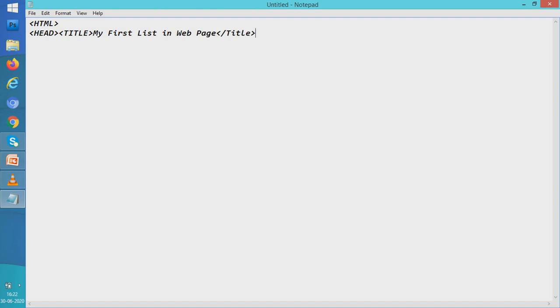And this is the title. We know it comes in the title bar, and then what we'll do, we'll actually close the head part. You all know this. Now we'll go to body part. Let us make the color of the body as blue. Okay. And we will make the color of the text, say, white. We can do these things, you all know. And we close it. And in the body part, let us first write a heading.